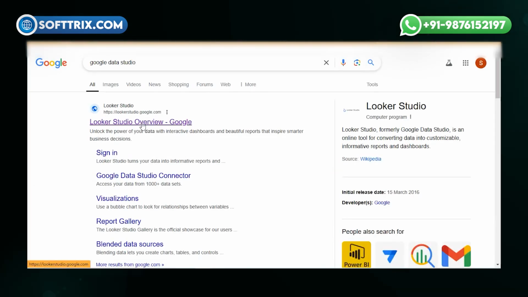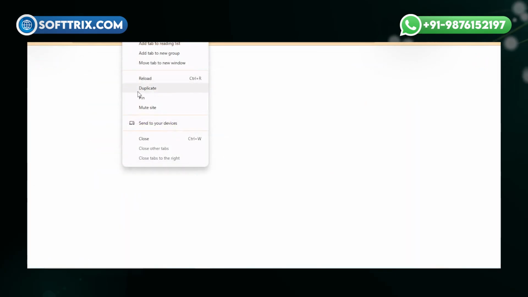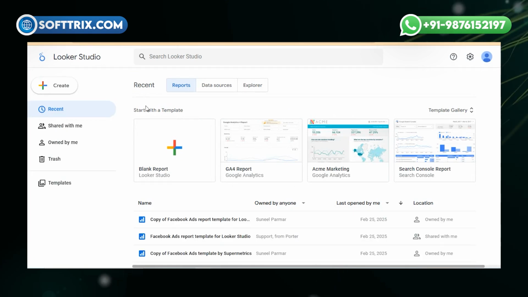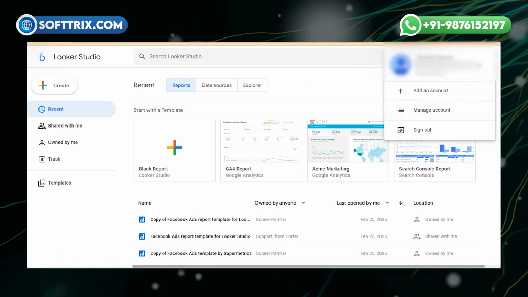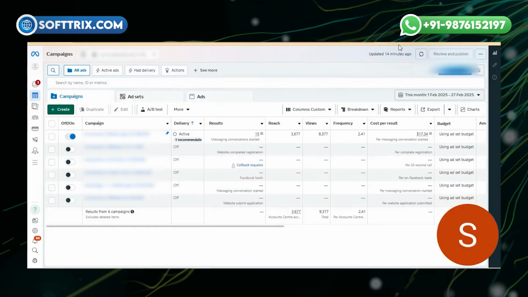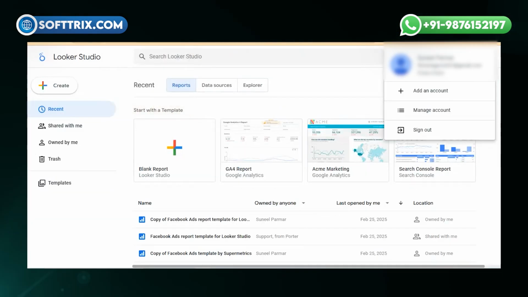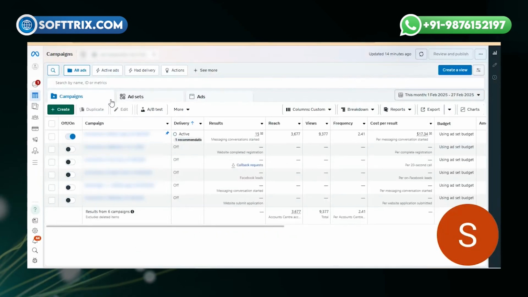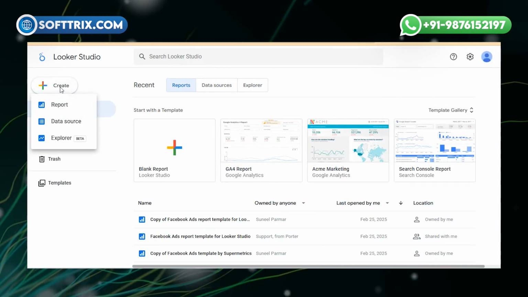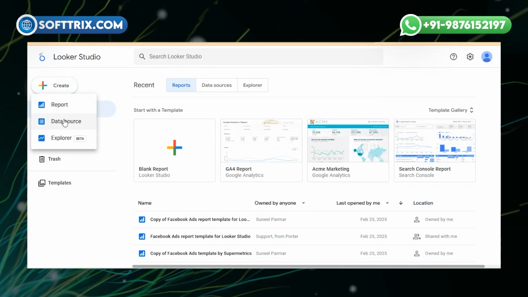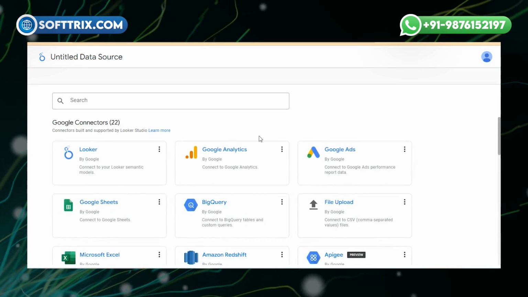and once you click on the Google Data Studio, you have a dashboard like this. And the first step, which you need to check as well, is that you need to open Google Data Studio with the same Gmail ID on which your FB ads account is created. So make sure the Gmail ID you use and the mail ID you used to create your FB ads account are the same. And then you just need to click on the create button, and you have three options here: report, data source, explorer. You just need to click on the data source option, and once you click on it, you